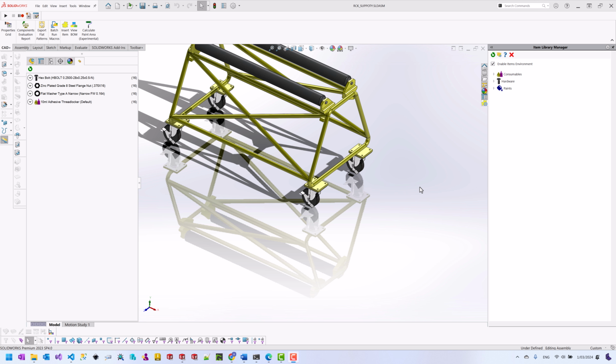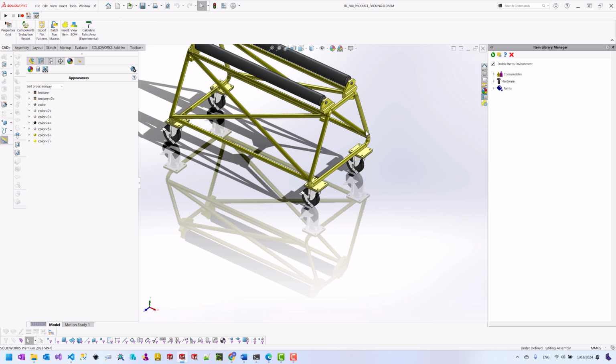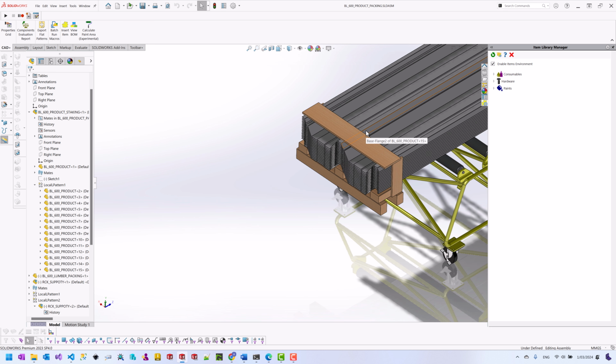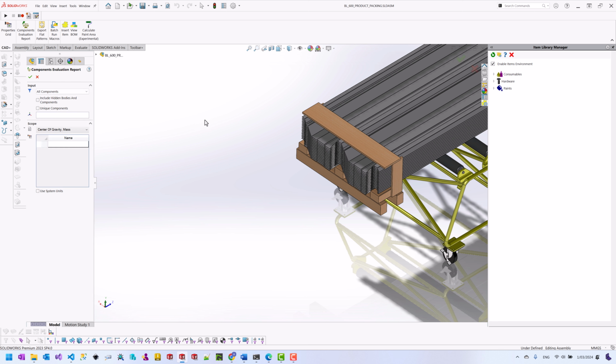It also might be required to batch export material mass properties information from the assembly. Unfortunately, there is no built-in way in SOLIDWORKS to do that, and if you want to export the mass properties, you have to click through each component and activate the mass properties dialog and export those values. CAD Plus brings a feature there to automate that called Components Evaluation Report,